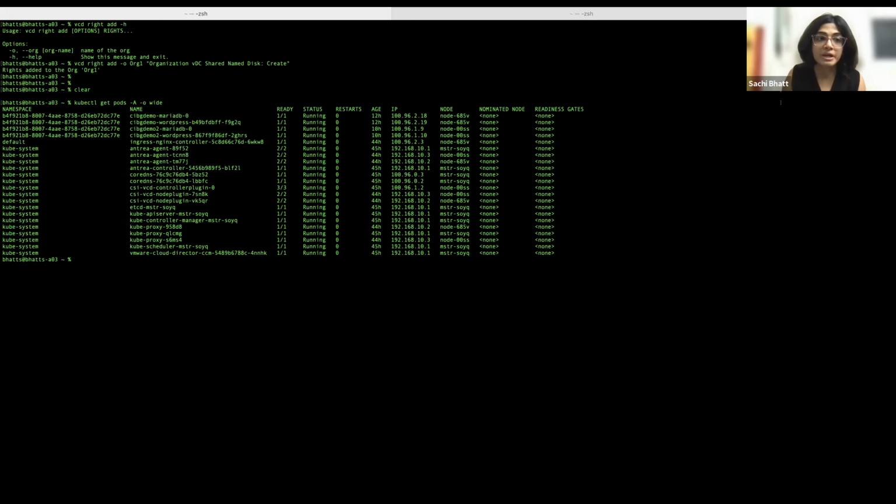So a bare Kubernetes cluster will come with CNI, the Antrea, CoreDNS, the CSI plugin, and the CPI plugin over here. So once the cluster is up and running,